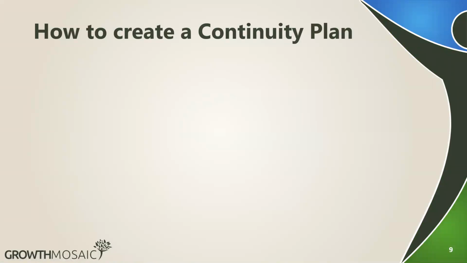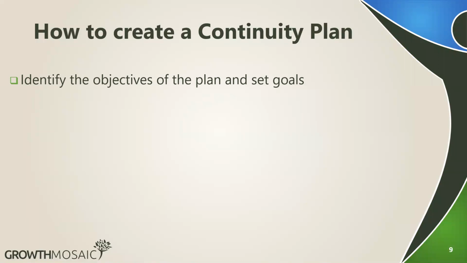Now let's get back to continuity planning. How do we create a continuity plan? So the first step is identify the objectives of the plan and set goals. It might be obvious, it might not be, but basically the continuity plan is, like we mentioned earlier, if there were to be anything unexpected happening to the business, how do we maintain that we are still achieving our goals? So first of all, to know we are still achieving our goals, we need to have set objectives and also have milestones which we can track to know that we are meeting the company's objectives.